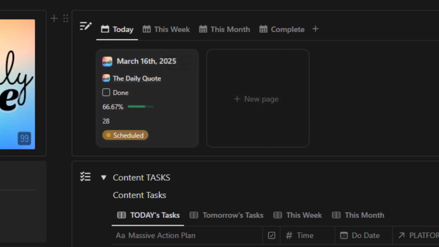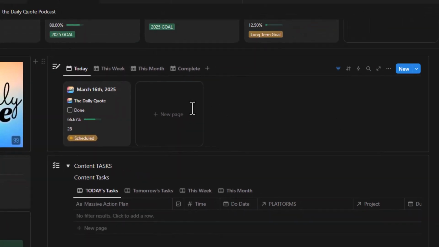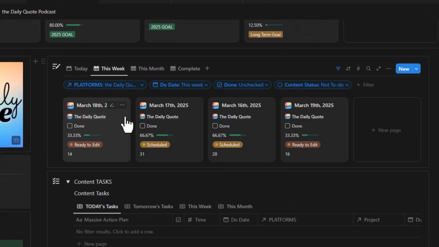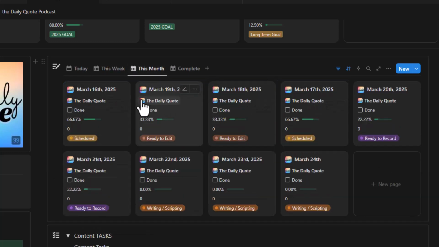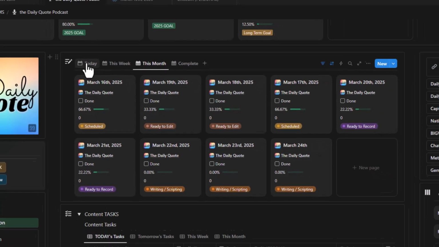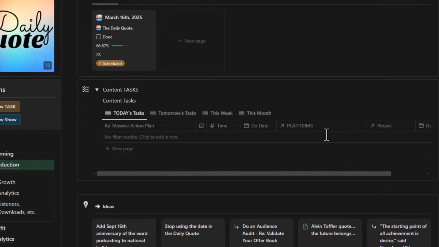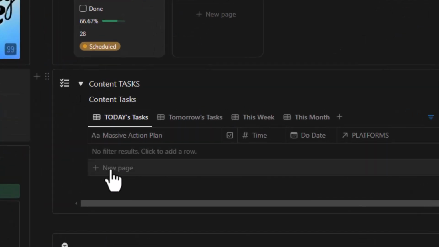That's the one that's going out tomorrow. And then this week I've got these ones that I'm doing. And then this month I've got these ones I'm doing. I'm up to the 24th. So I actually have more to do than just this month, but that's what I've got so far in the system. And then the tasks, I don't have anything to do today because